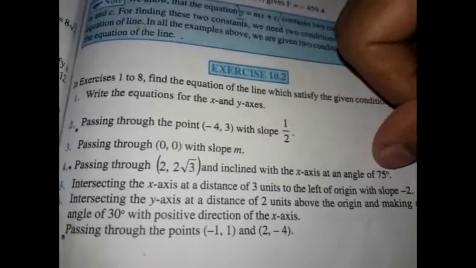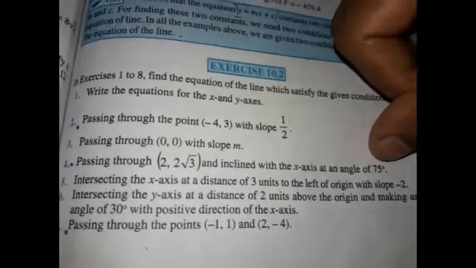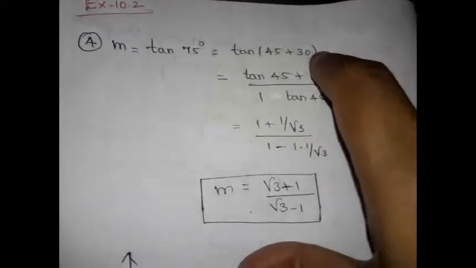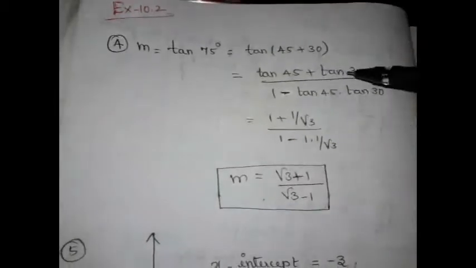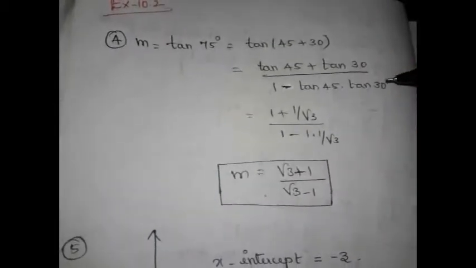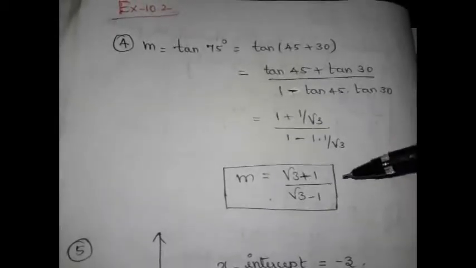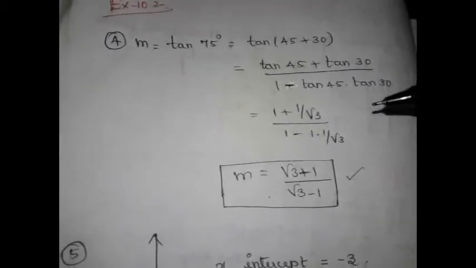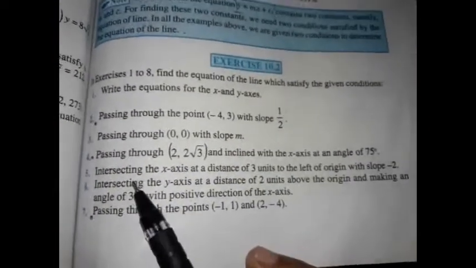So again it is point slope form. But how will you find your slope here? It is going to be tan 75 degree. 75 is not a standard angle. How will you get your answer then? You have to do it like this. 75 can be written as the sum of two standard angles, 45 and 30. So what is tan of A plus B? Tan A plus tan B divided by 1 minus tan A tan B. Now substitute the values for tan 45, tan 30, simplify it, and we get our slope. Once you have your slope and you know a point on the line, go with point slope form, right? Let us move on to the next question.